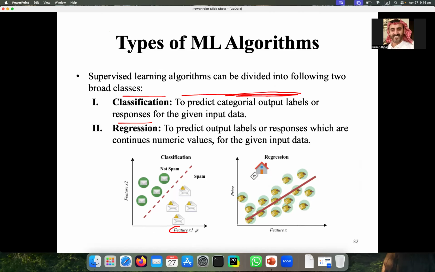Feature one, feature two. Normally, if the data is in tabular form, the name of the column is the feature. So the name of the column in your table is the feature. If the word feature comes up in machine learning, you don't have to worry; always consider that a feature is the name of the column.